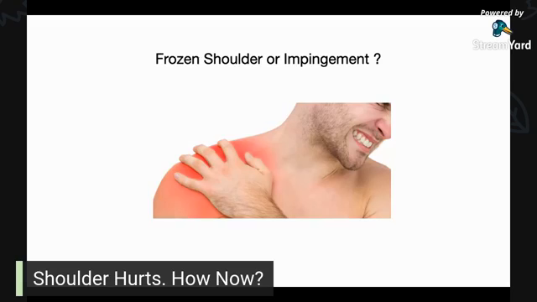And again, when people feel their shoulder is stiff, they go to YouTube or Google to look for shoulder exercises, and they cannot differentiate which exercises are for frozen shoulder and which are for impingement. They just whack everything. Sometimes it works, but most of the time it doesn't. And in the worst case, it makes the shoulder more painful. If you are doing exercises meant for frozen shoulder but you have an impinged shoulder, it's not going to be effective.